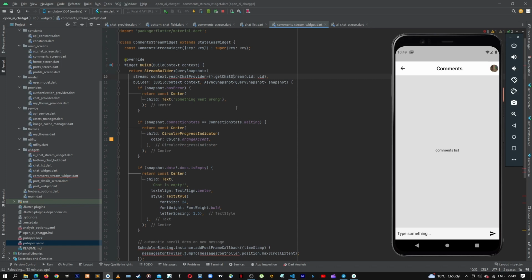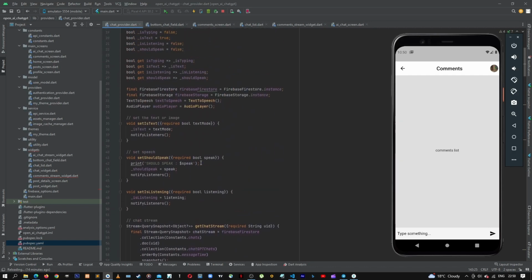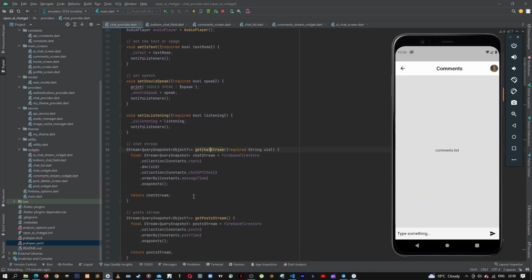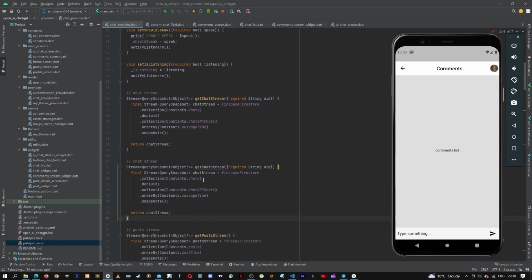So for that, let's go back to our chat provider and then see where we are getting the chat stream. So if we go back up here we have a chat stream. So let's copy the chat stream. Then down here, let's paste it. Then here, let's get comments stream. Here we'll say comments stream, and then it's going to be